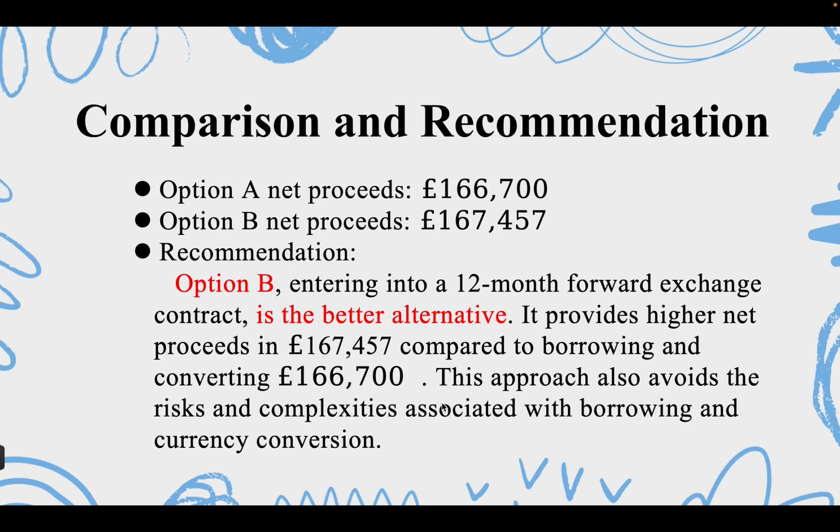When we compare the results of the two methods, we find an important difference. The forward method produces a gain of 167,457 pounds, whereas the money market option produces only 167,000 pounds. This difference comes from the foreign exchange market's expectation of the depreciation of the US dollar. The forward rate is lower than the spot rate, implying that the market foresees a relative appreciation of the pound